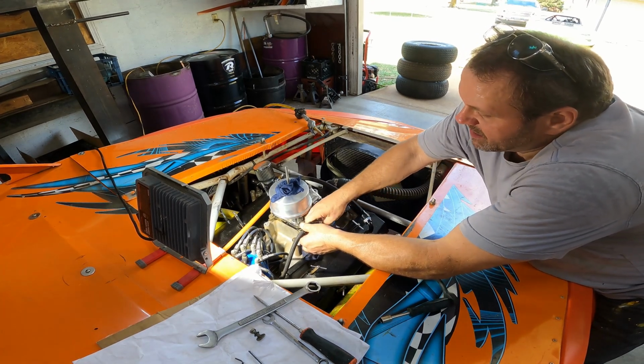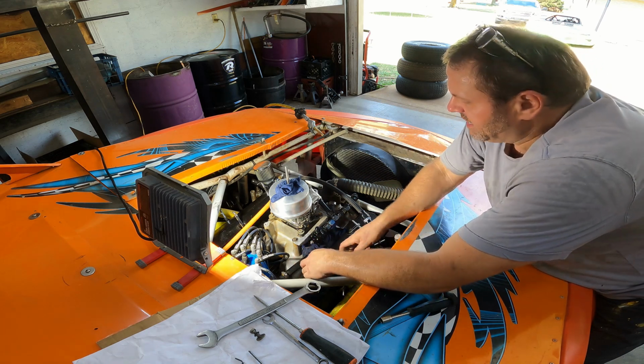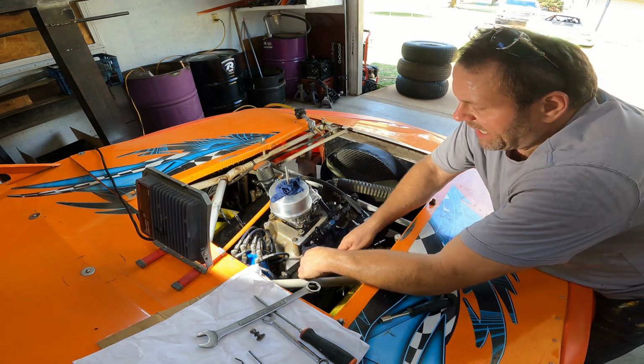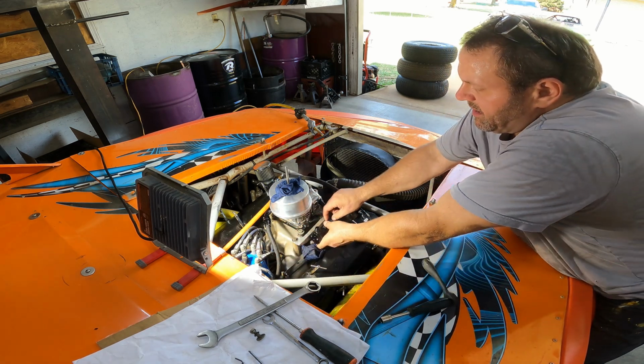But yeah, like I said, I've got half-inch line, that's the 10 AN running to it, and then that's number 8 there coming back on the return, sits right over there. All right,